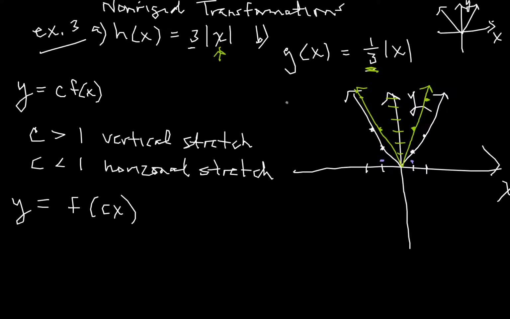And if you put a 2 in, you're going to get 2/3. So let's just put a 3 in because it's easier. If you put a 3 in, you're going to get a 1 out. So 3, 1. And you can see how this graph is going to be much fatter like this, and that's called a